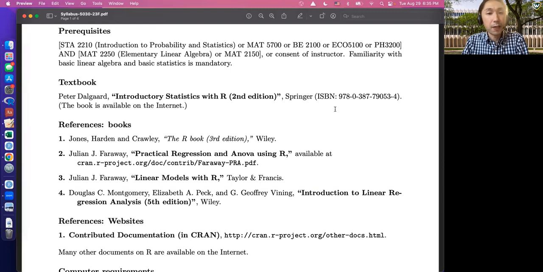The textbook is Peter Dalgaard, Introductory Statistics with R, second edition, which you can find on the website. This book is an applied book, so I will supplement more theoretical material on statistics in the slides. I think the slides are mostly self-contained and more comprehensive than the textbook, but sometimes it may be helpful for you to download the textbook and look at it.